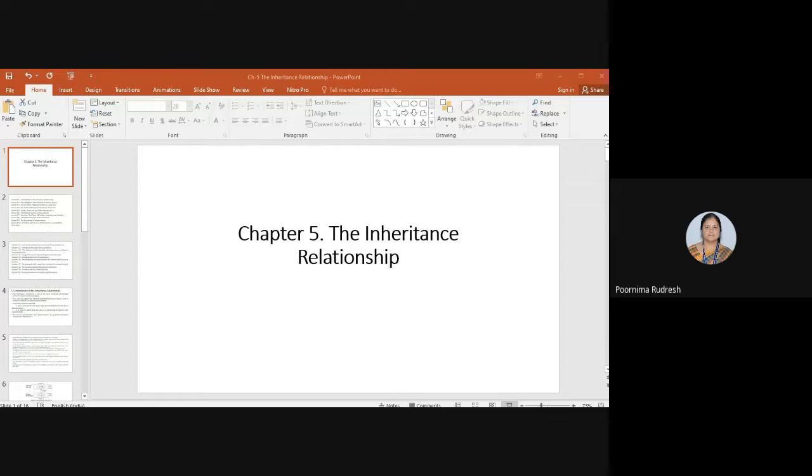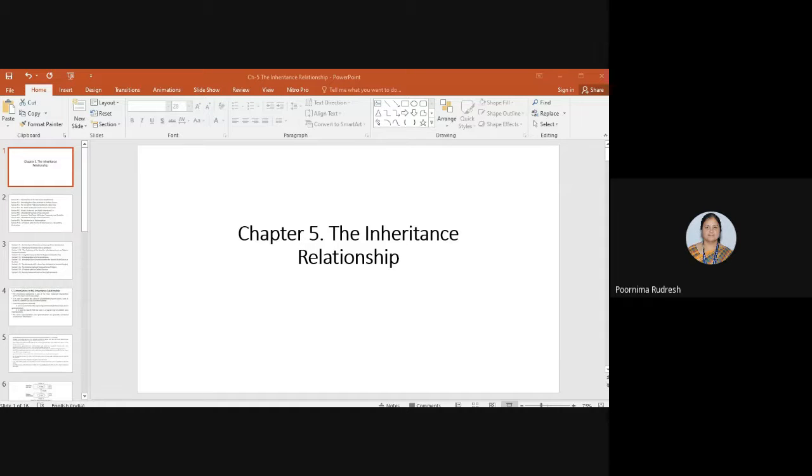The main purpose of inheritance relationship is that it acts as a mechanism for expressing the commonality between two classes. Then it is called generalization, or it is used to specify that one class is a special type of another class.